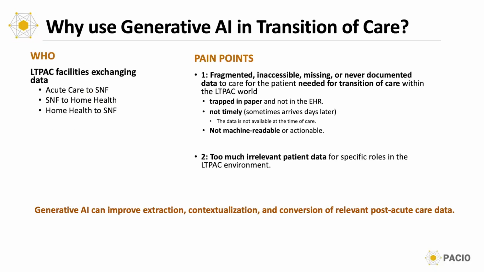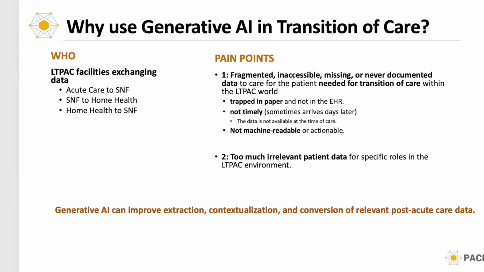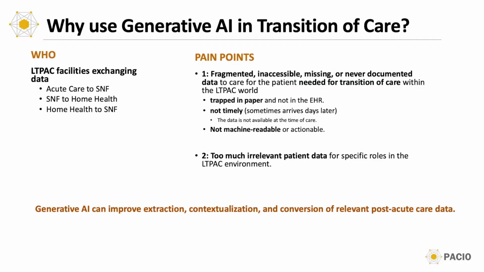So, the first question, given all the hype that is around generative AI, is why use generative AI in transition of care? And who is involved? Who is this for? And why does it make sense? We are talking about LT-PAC facilities exchanging data, whether it's acute care to SNF or SNF to home health or